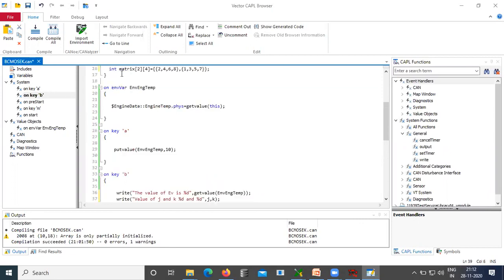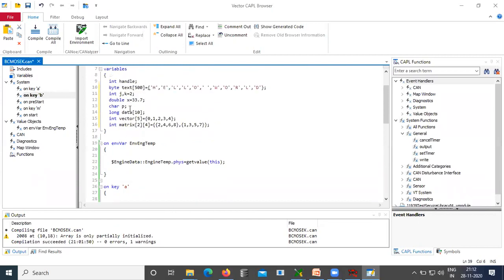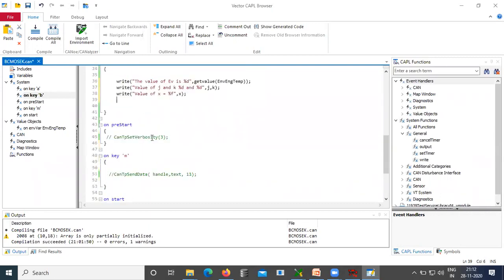Then we have this one. What we have? We have a one dimensional array, so we have data, sorry. Then we have character P. To print the character P, write value of P is equal to percentage C comma P. So it will be null.